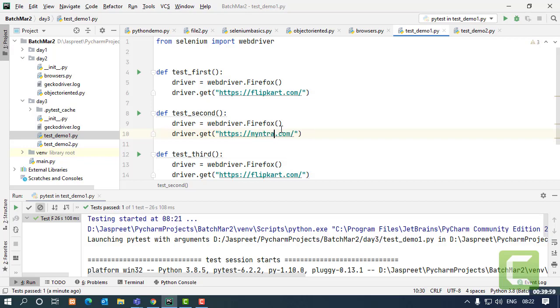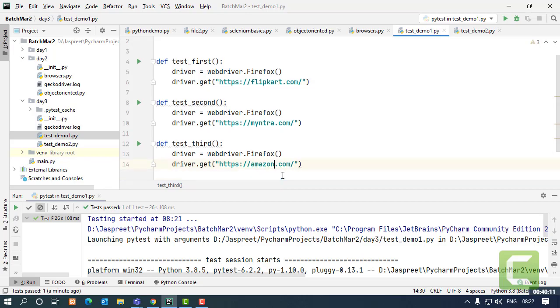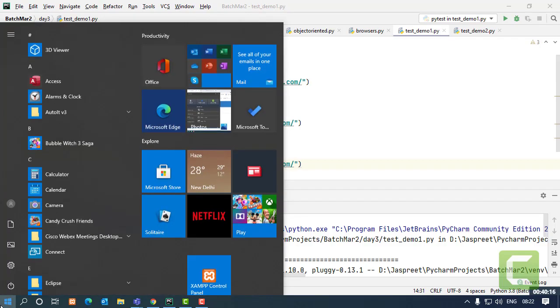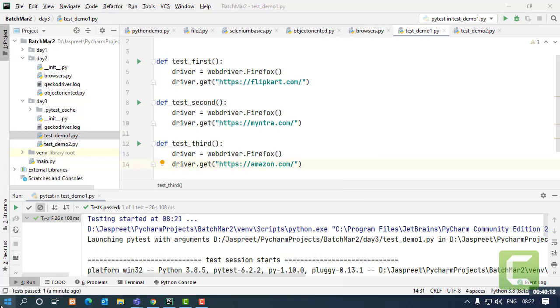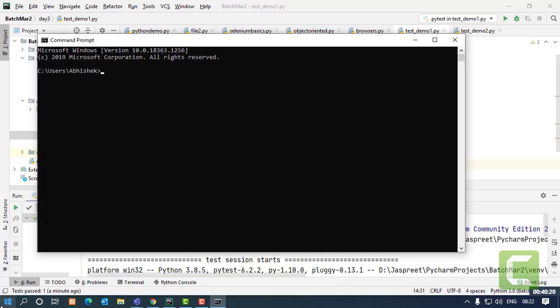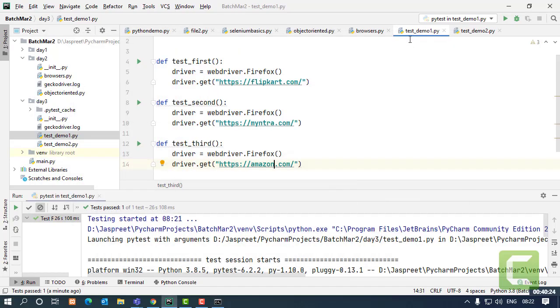Right. Now, there are other ways to run the test cases as well. You can run the test cases in batch from your command prompt as well. How? Let's just take a look at that as well. So I'll open up a command prompt. First thing that you have to do over the command prompt is to be at the location where your test package is lying.